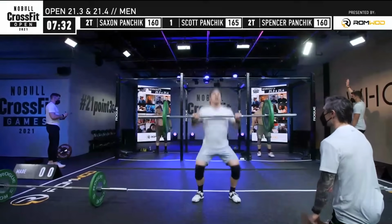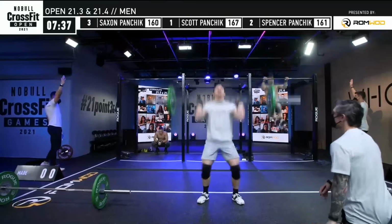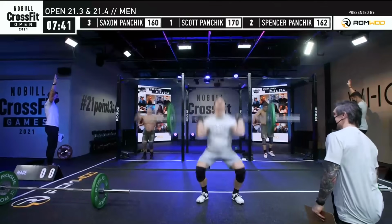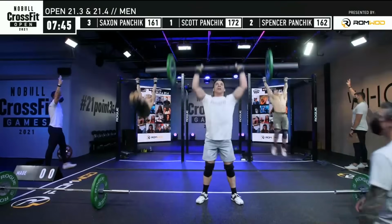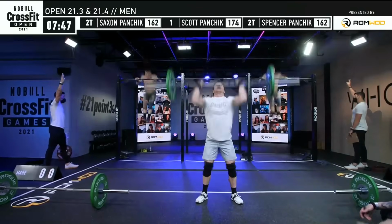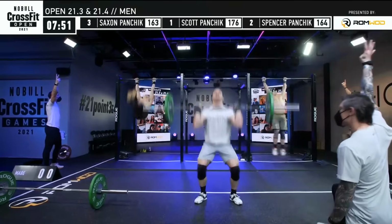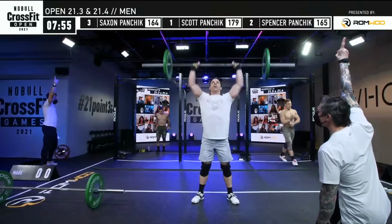Saxon and Spencer have 5 left on the bar muscle-ups. I really like Scott's speed. He's maintaining that same speed that he had throughout all those thrusters right now. He's snapping up overhead, jumping out of that squat, punching it overhead, and he's pulling that bar right into him so he can create that speed and efficiency on those thrusters. 4 reps remaining for Scott Panchik as he looks to take 21.3, and then he will immediately begin